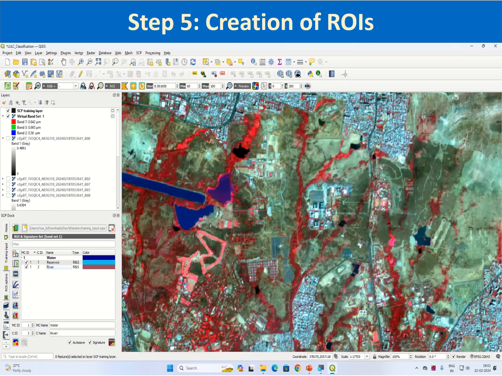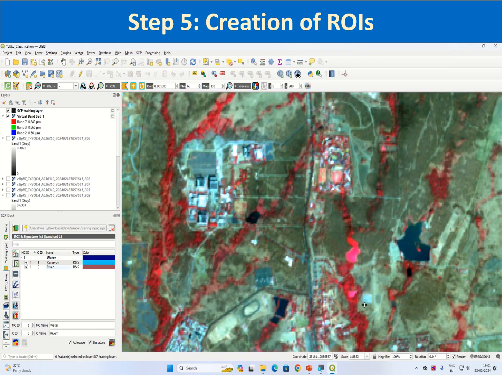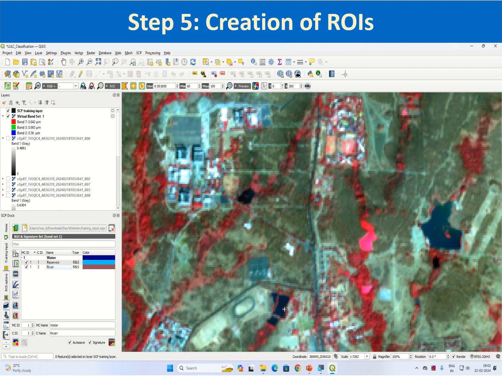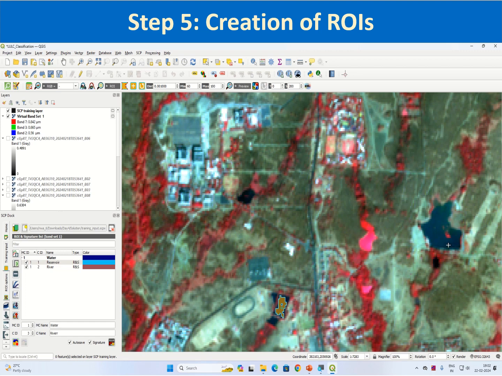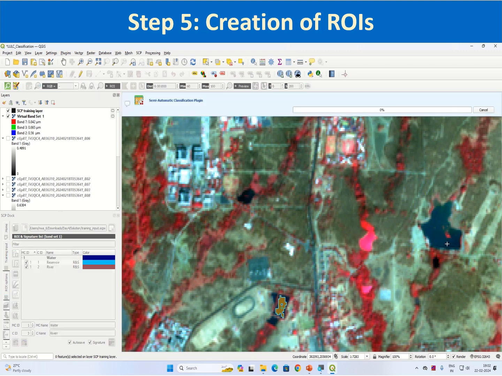Now let us go for ponds, shallow ponds. Within the city there are many water bodies. Again we will go for the region growing algorithm. You click on activate this and zoom, click somewhere inside number 1, and here